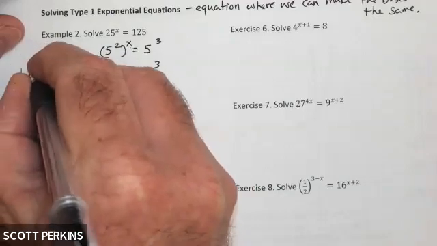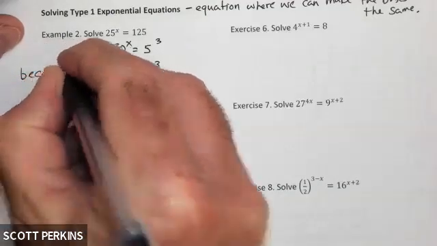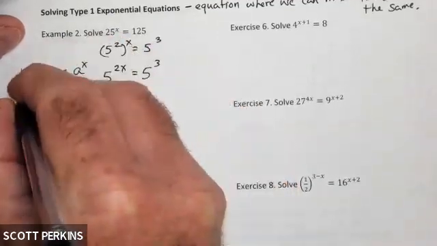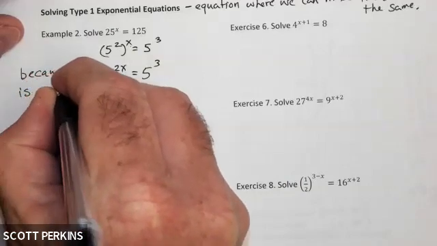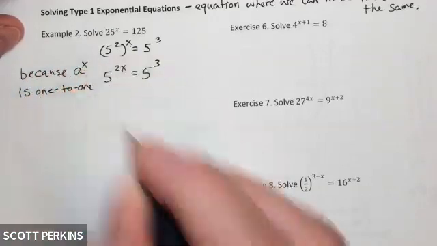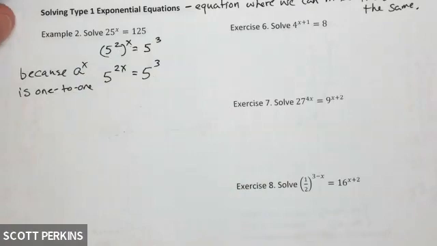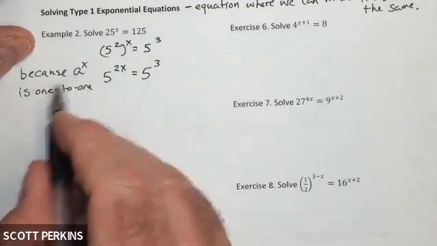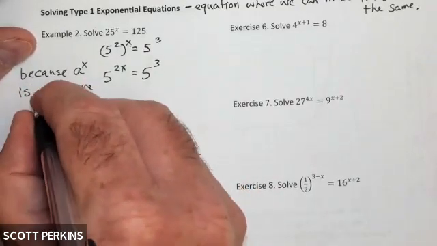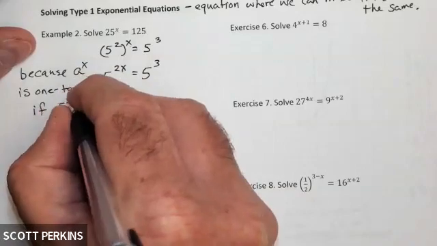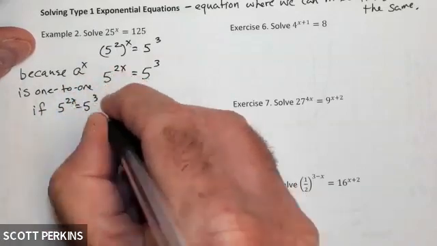So because a to the x is 1-to-1, that means if 5 to the 2x equals 5 to the third, then,